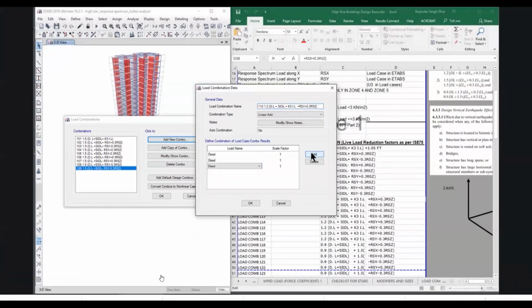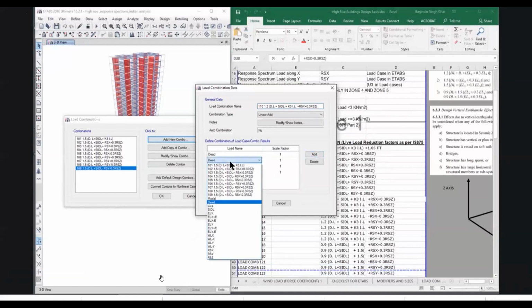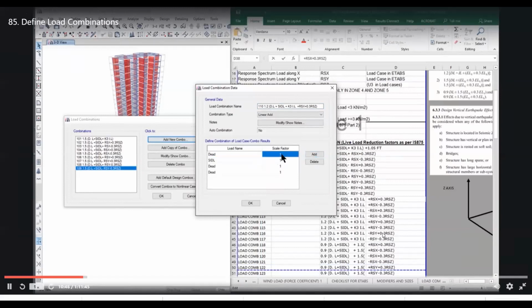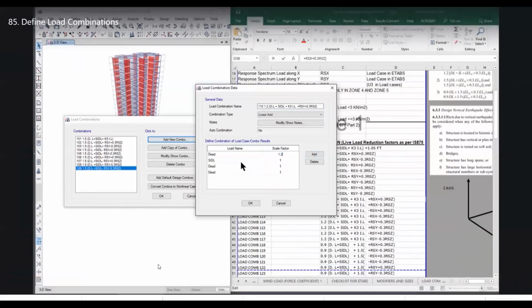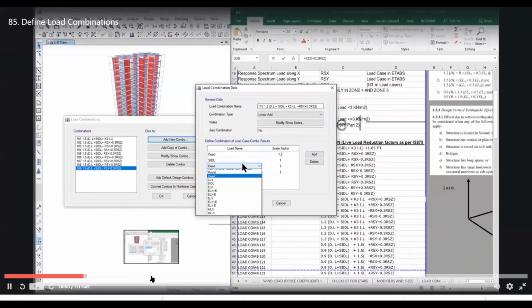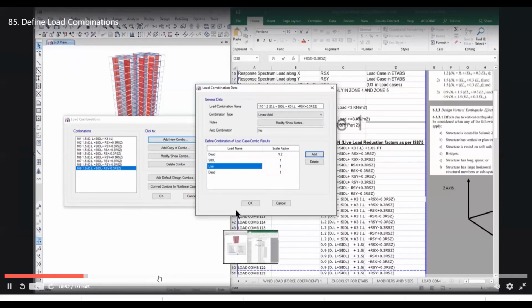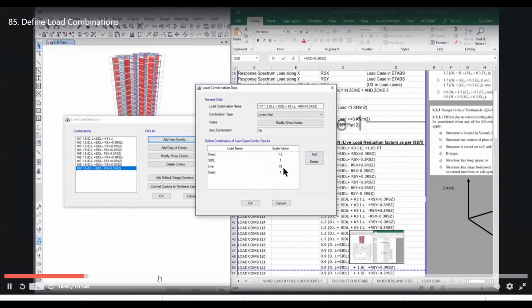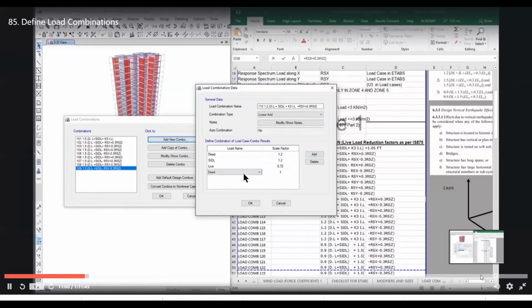So this is going to take more time. So if you want, I will send this link. These load combinations are going to take almost the entire video. This link I will send later on,